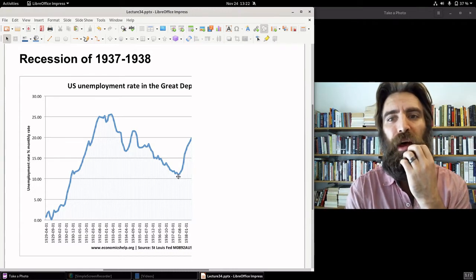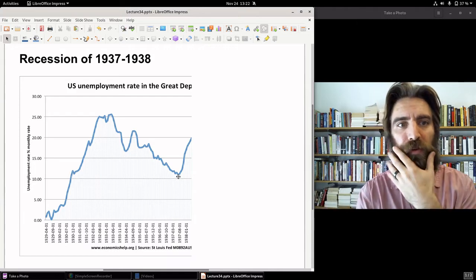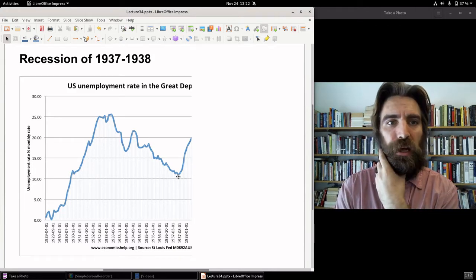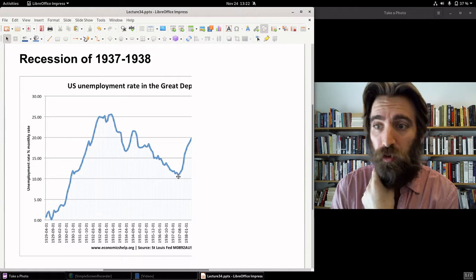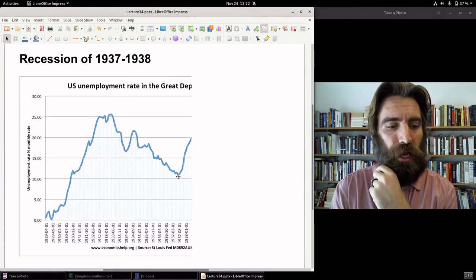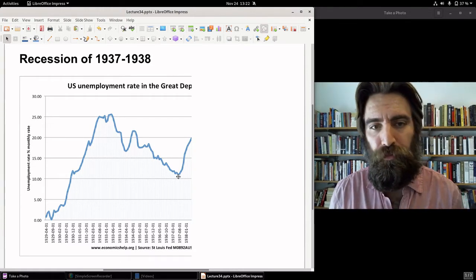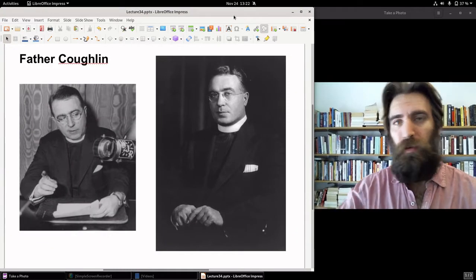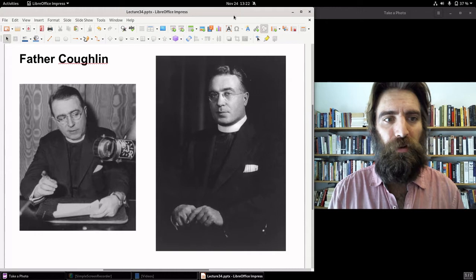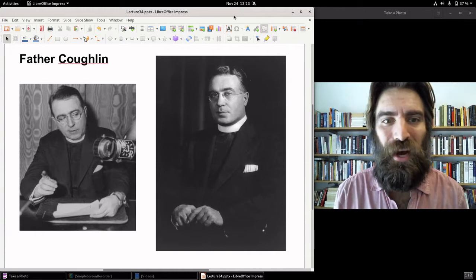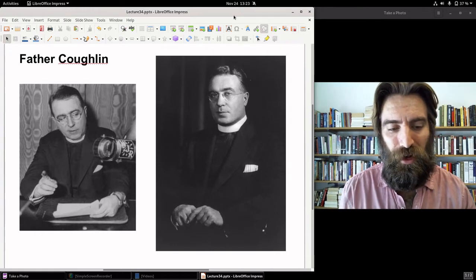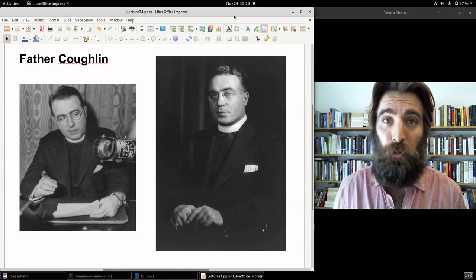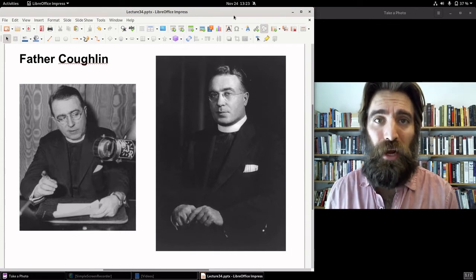So one of the last efforts made by FDR was court packing. It proved very unpopular. A lot of conservative Democrats turned on him, and it failed. So, FDR is not looking so good, and he's getting a lot of heat from the right and from the left and from folks who are difficult to define exactly. Father Coughlin was one of those. Father Coughlin was a Roman Catholic priest based out of Detroit, Michigan.